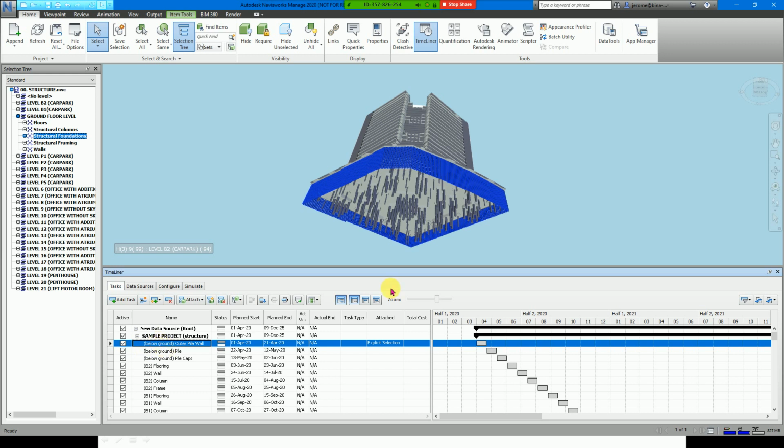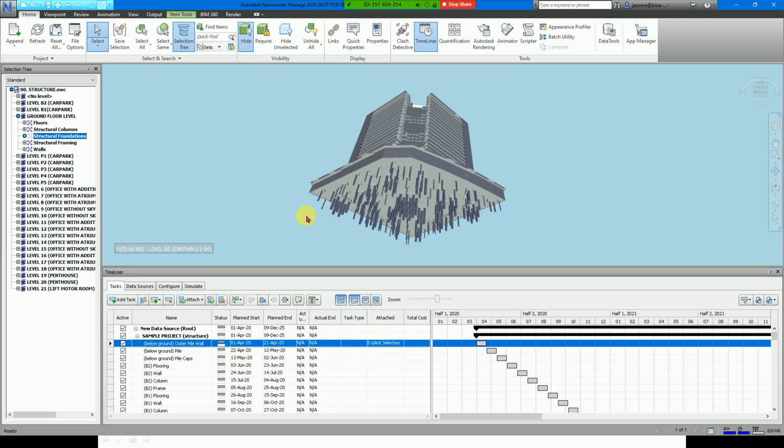We know that the selected item is attached because it is indicated here as explicit selection. Alright, so after this one is selected, we will hide it now so that it will not be selected again and be redundant. So that is why we need to hide the element after we assign. Alright, so